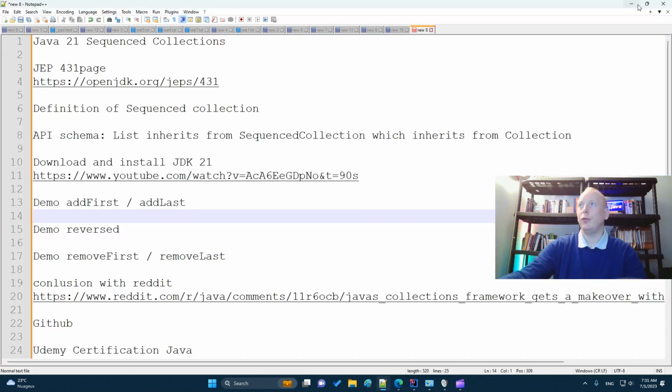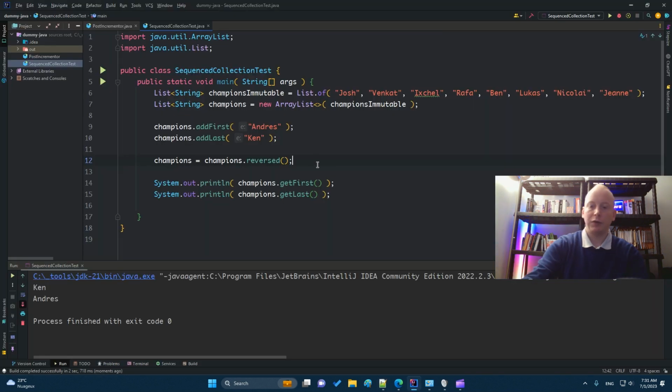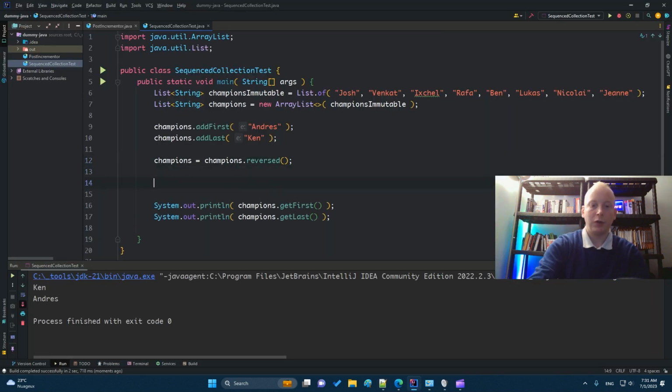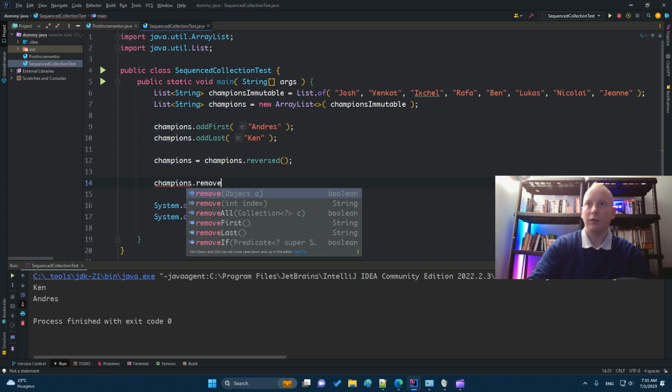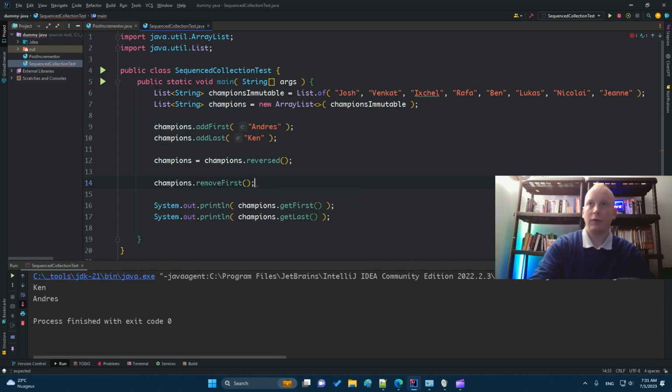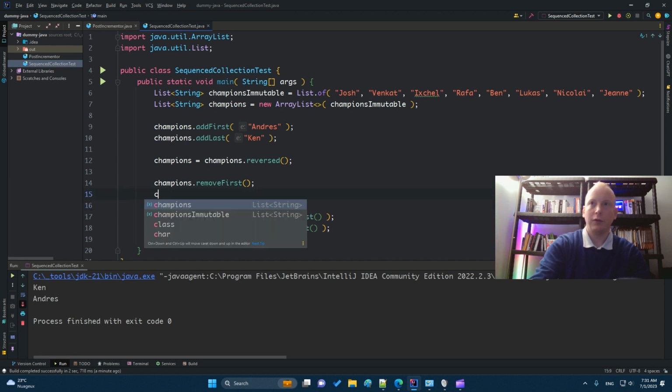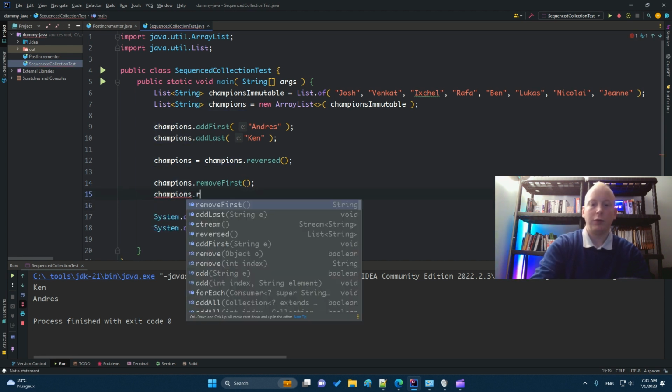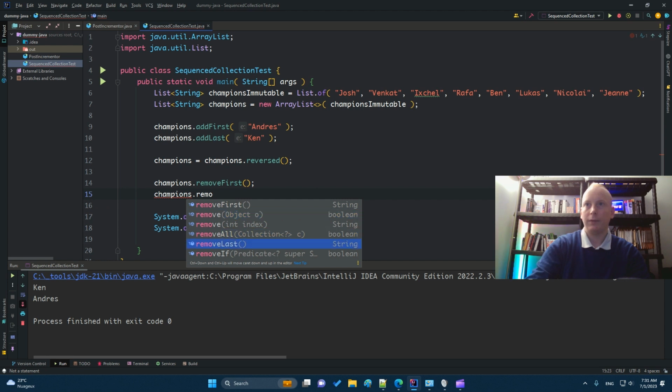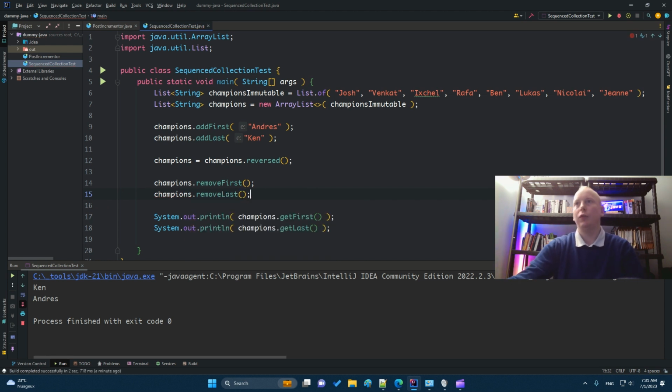And now we will use the remove first and remove last. So now I do champion dot remove first. I do also champion dot remove last, and we should get, so we should see Jeanne in first and Josh in last.